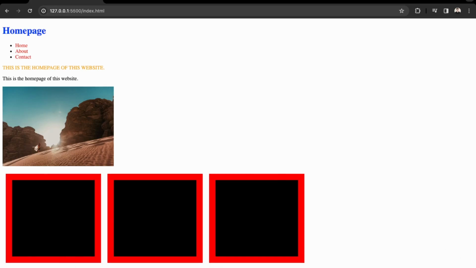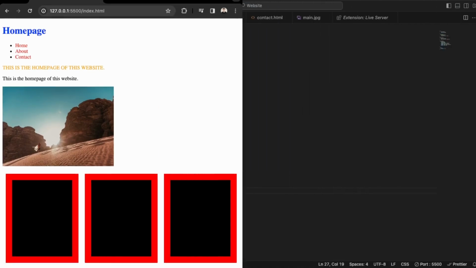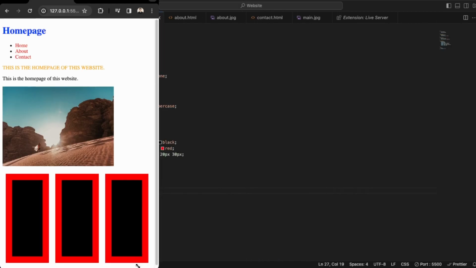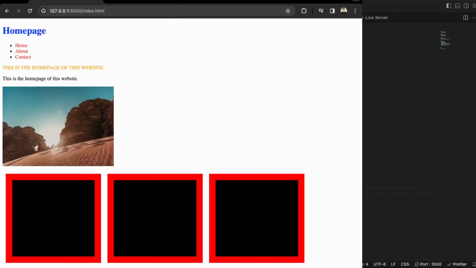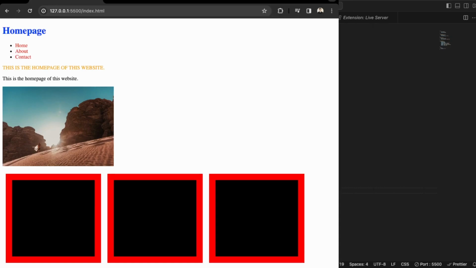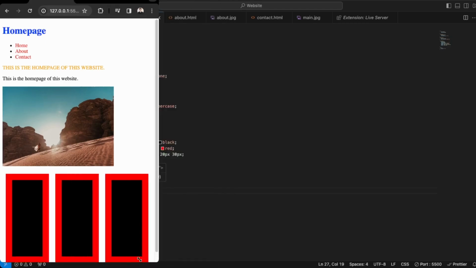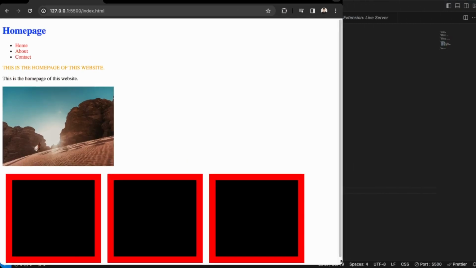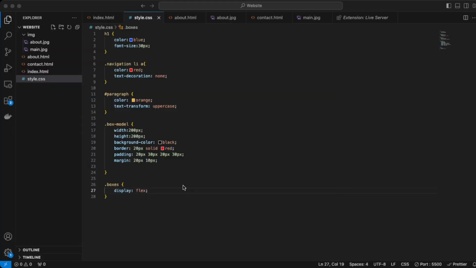Okay, and then another important function in CSS is how the element looks when it's being shrunk down. So as you see over here with the flex, it's able to resize the elements as you reduce the size of the browser. So again, what we can do is for smaller screens to make this a column layout instead of 3x1, right? So back in VS Code, what we can do is